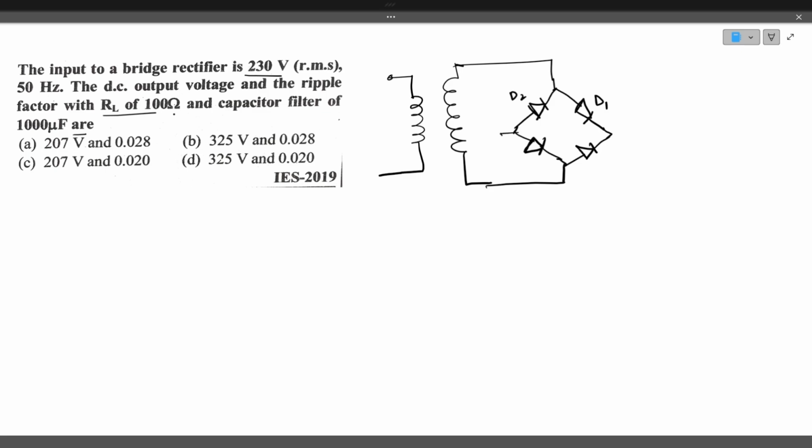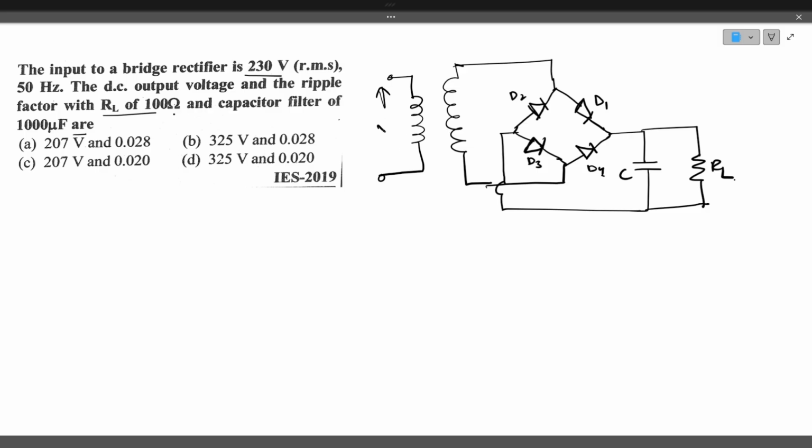So the output is taken from here. This output is connected across a capacitor C and a load resistance RL, D3 and D4. This is the primary winding where the input is given. That is the secondary winding. So here in the given circuit, we know that the given data is Vrms,